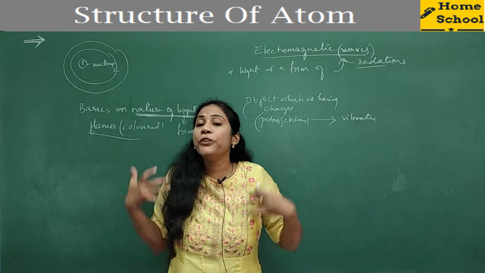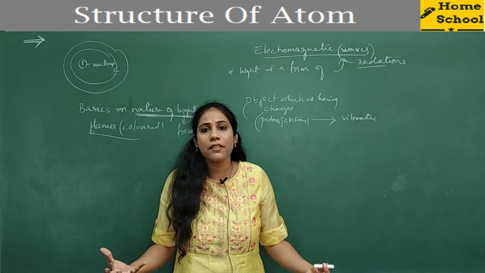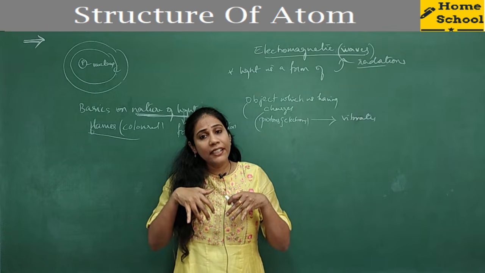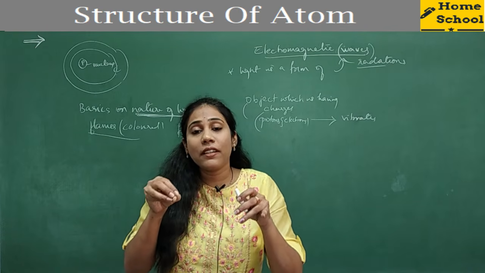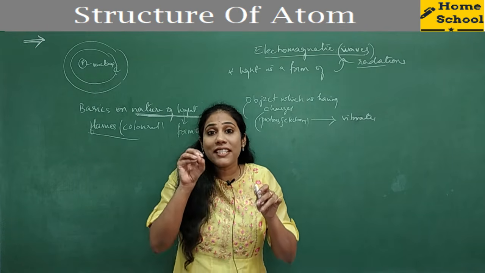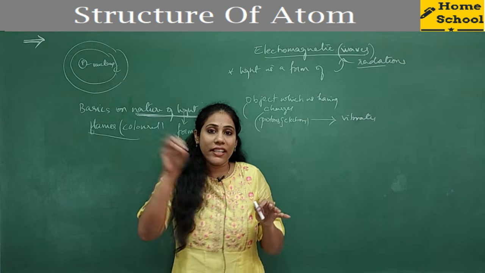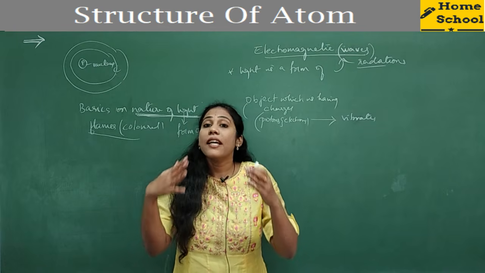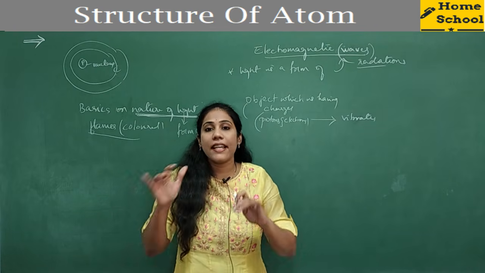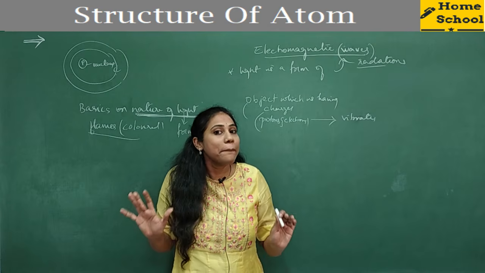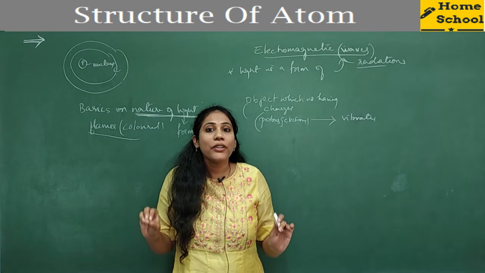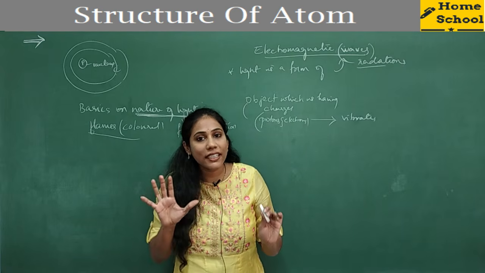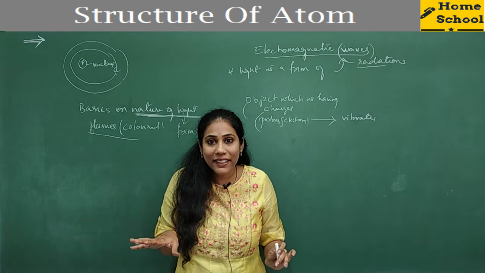Even our human body has lots of atoms. We are all made up of atoms, and atoms have charges. Even in our body, the charges keep vibrating always. Why they keep vibrating is because of a certain level of heat present inside the body. Yes, we have a temperature for our body, right? It is 37 degrees centigrade. Whenever you check with the thermometer, it will show 37 degrees centigrade or 98 Fahrenheit, right?